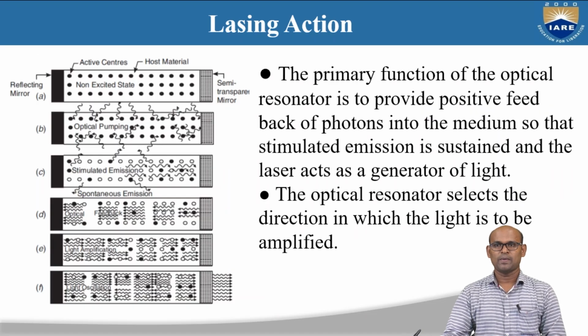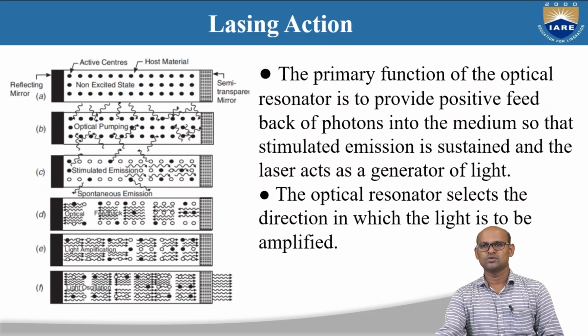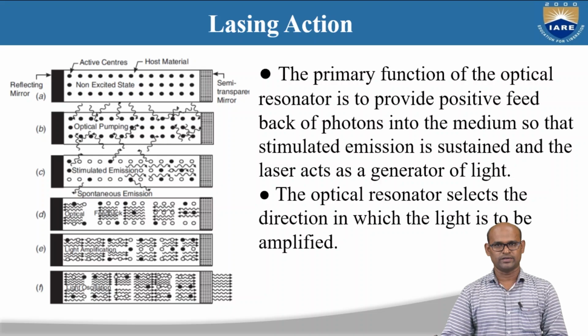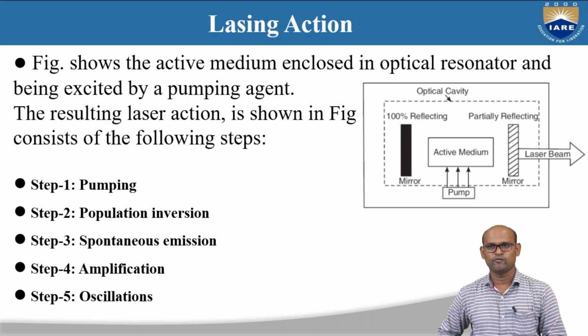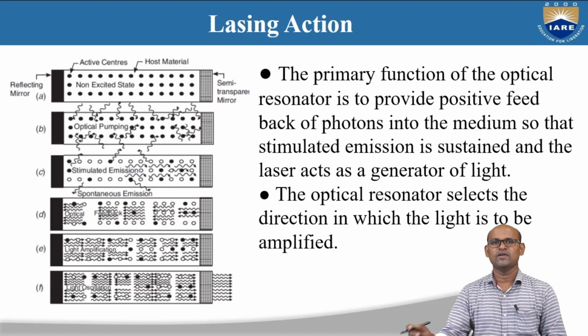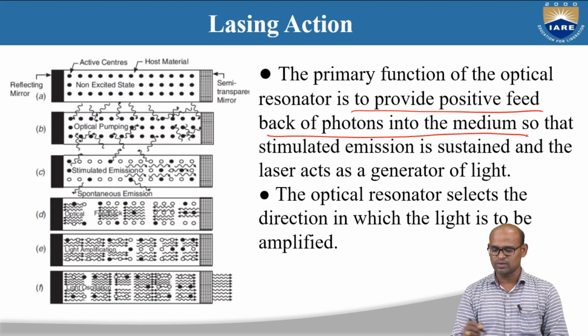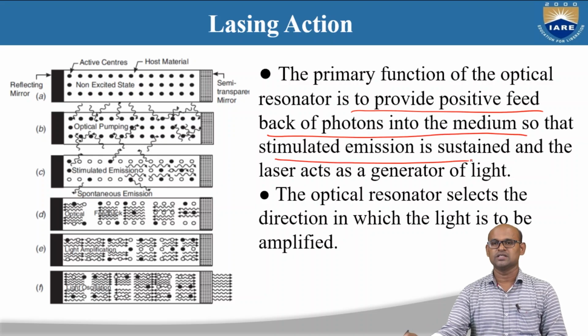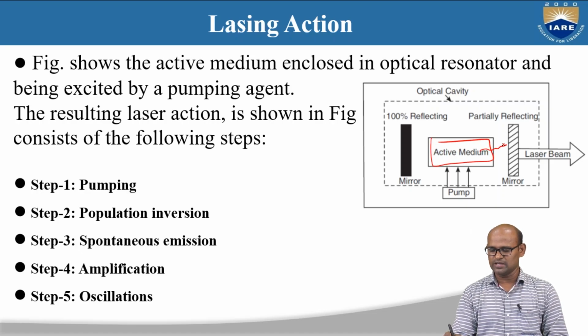So the primary function of the optical resonator is to provide positive feedback of photons into the medium so that stimulated emission is sustained and the laser acts as a generator of light. Why do we need this optical resonator, or what is its function? The primary function is to provide positive feedback of photons into the medium so that stimulated emission is sustained. Once photons are emitted from